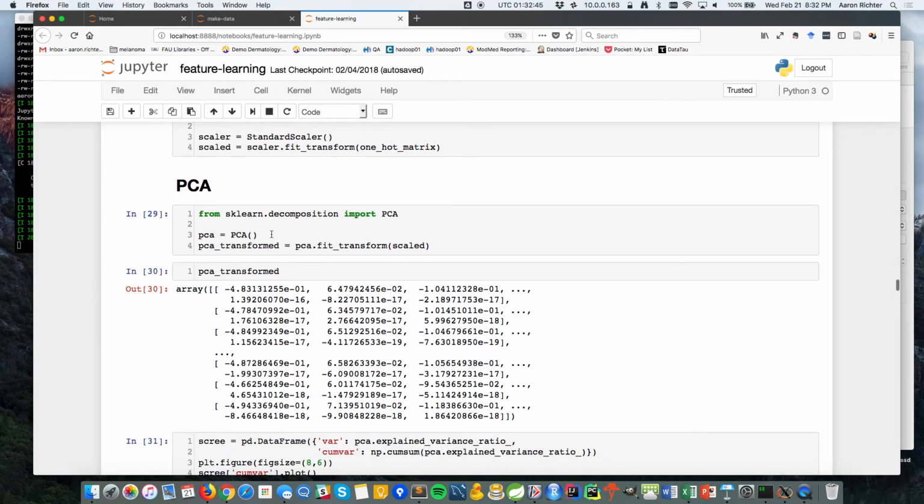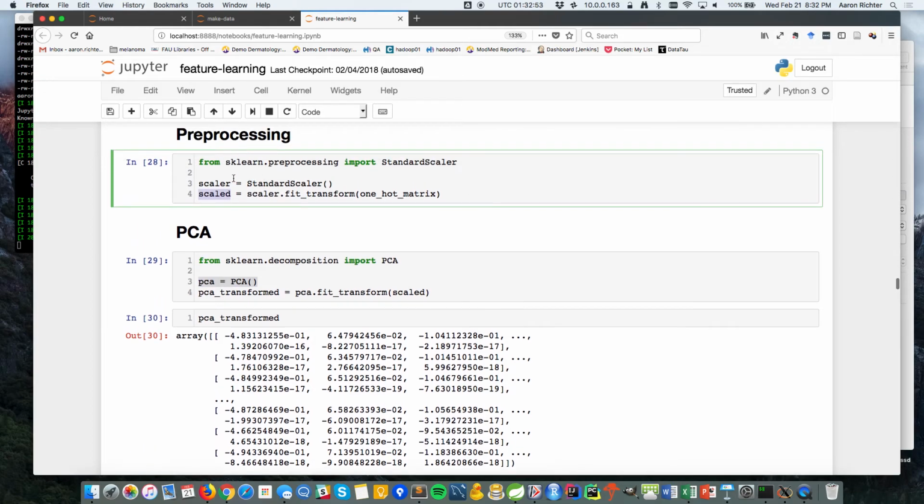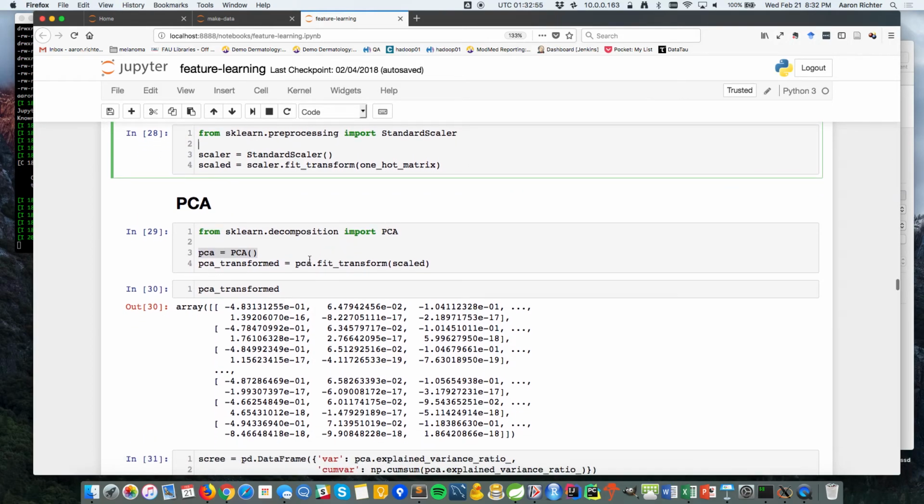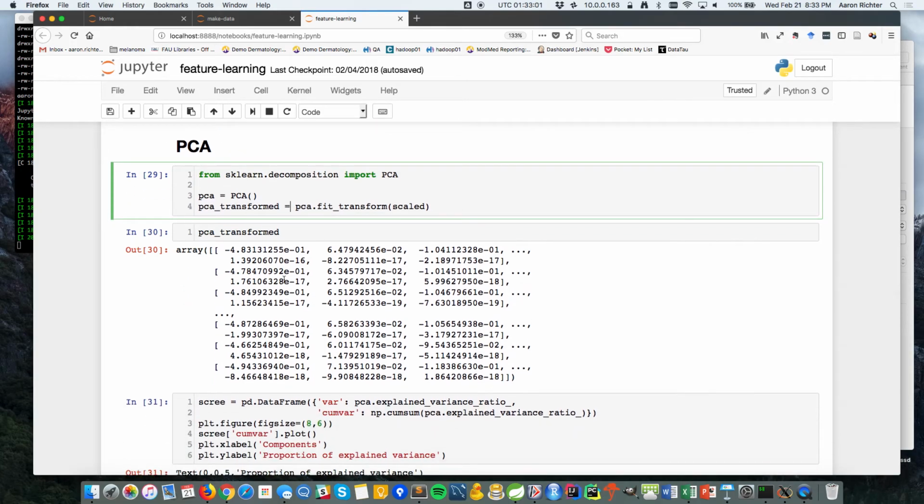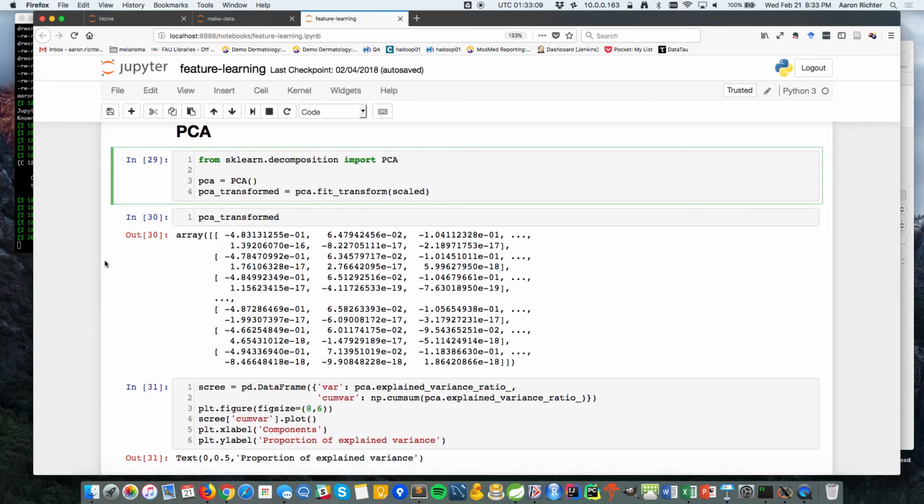So really easy. If you want to do PCA, you just say PCA, and then you give it your data. So we're transforming the data into the scaled data, and we are now creating a PCA representation. Here's where you can see that it's completely not interpretable now. Once you train a PCA on it, what PCA gives you back is all of that transformed data, and it actually gives you back the same number of features that you gave it. Each one of these columns now represents your input data passed through one of those principal components. So principal component 1, 2, 3, and so on.